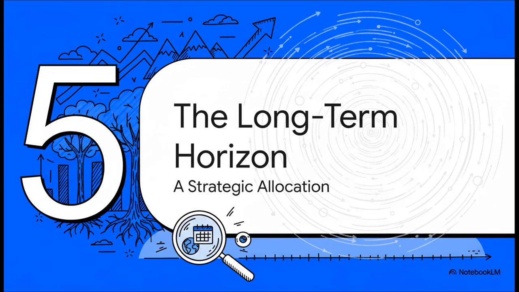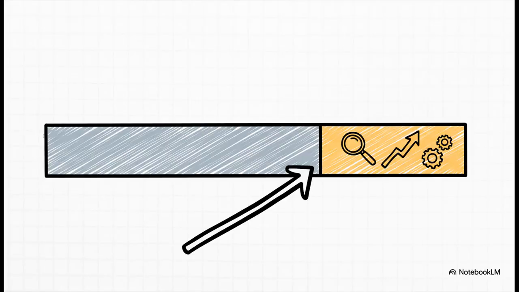So what does all this really mean for an individual investor? Well, the key thing is you have to zoom out. This whole strategy, it's not built for the next quarter, it's built for the long-term horizon. So how might you actually use a fund like this? Well, the idea isn't for it to be your entire portfolio. Instead, you might consider it for the active slice of your global investments, maybe that 25 to 40% portion, to complement a core of more passive, low-cost index funds.